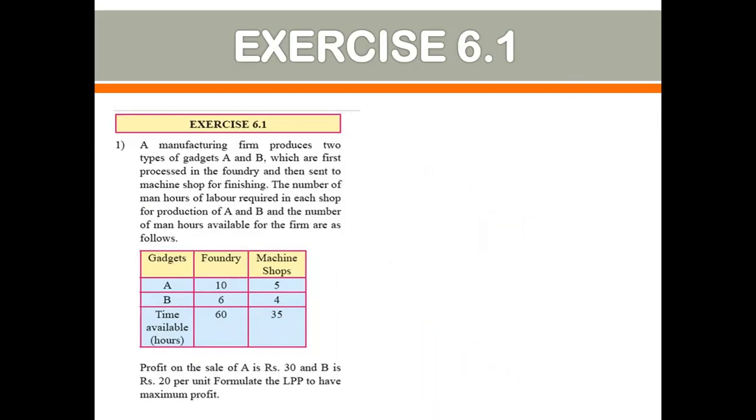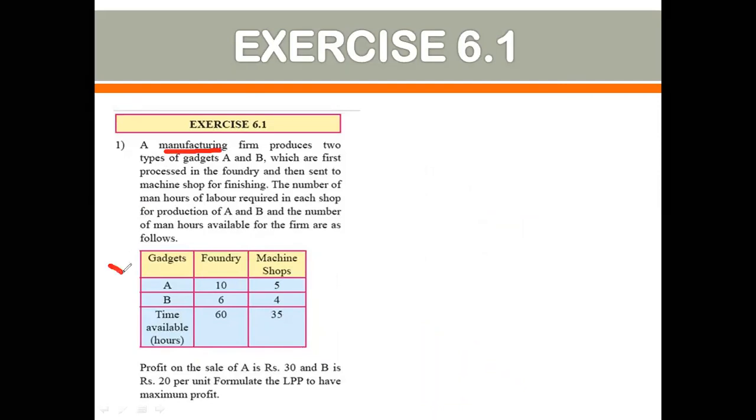All right. So as you all see, they have already given you a table. So there is no need to take tension about whether the table will come or not. Also, if you see, the sum is regarding manufacturing. So as I had told you all, sums related to manufacturing or production mean the table will come. So already the table is given to you ready-made.